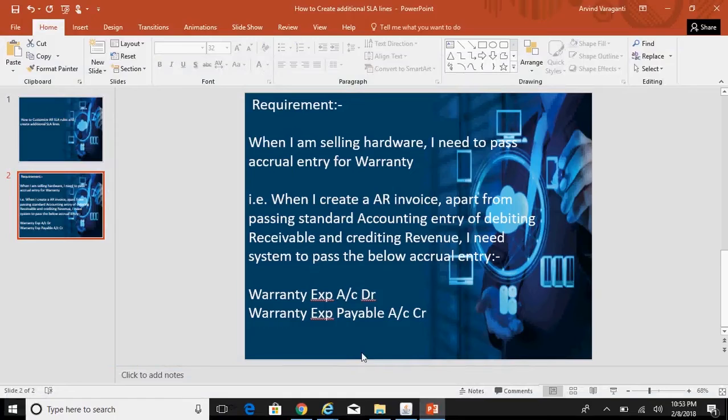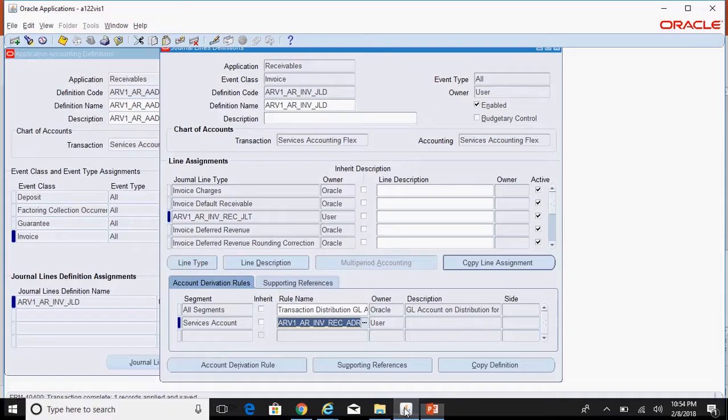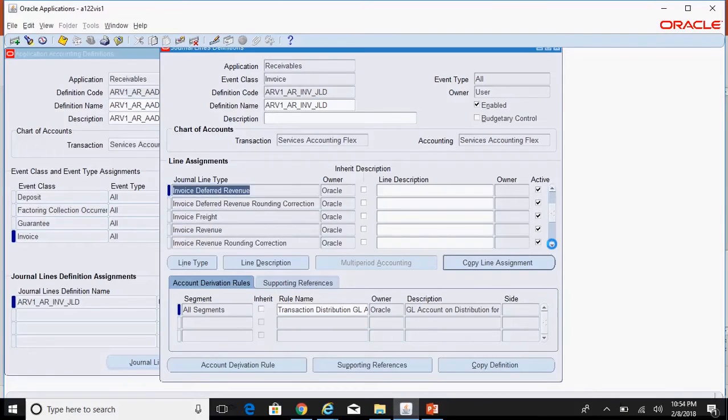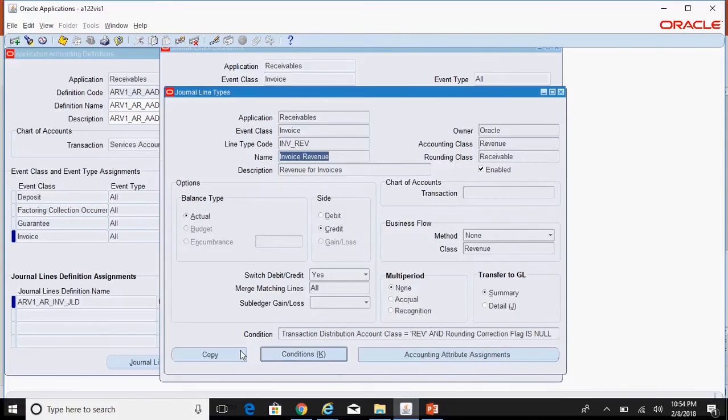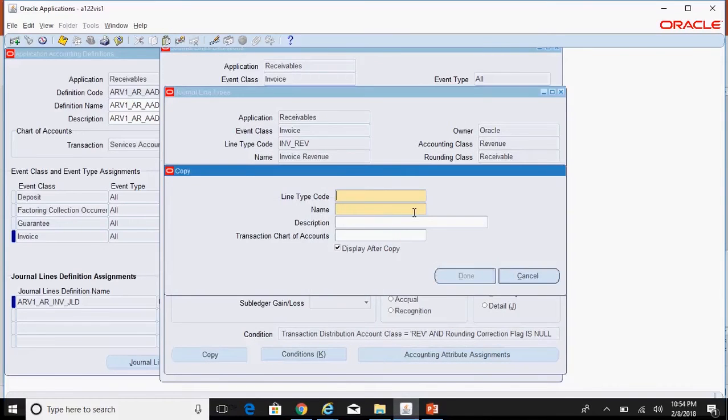Now we need to create one more JLT and a corresponding ADR under that JLT for the credit side, which is the warranty expense payable account. So what you need to do is look for the invoice revenue, click on line type, again copy this, create your own version.